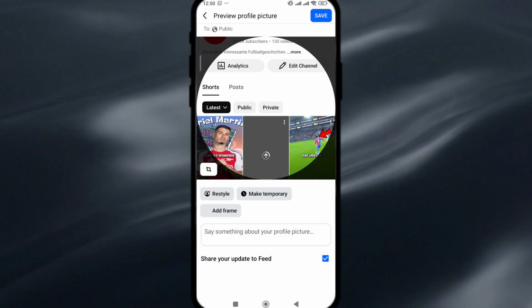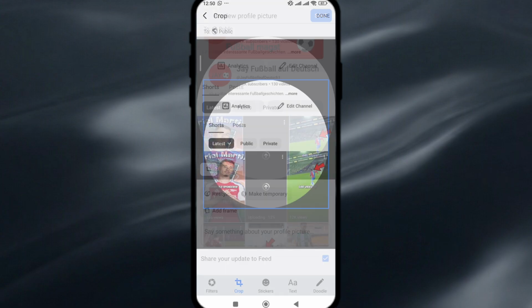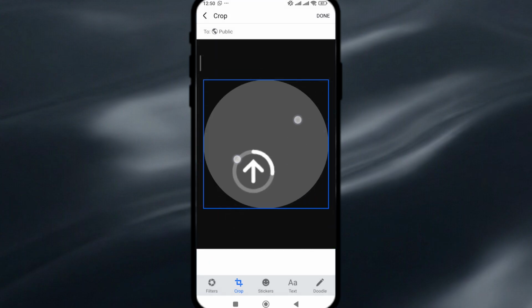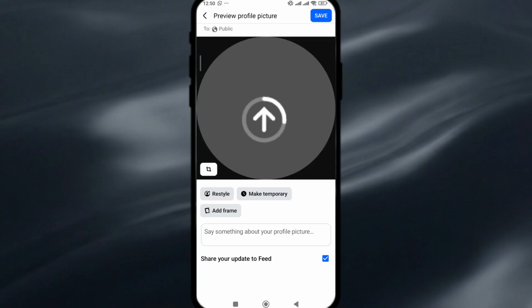After selecting the image, you will be able to adjust the photo by moving or zooming it to fit inside the circle. Once the picture looks the way you want, tap Save or Done to apply the changes. Facebook will upload the image and set it as your new profile picture. Your friends and followers will now be able to see the updated photo on your profile and in your posts